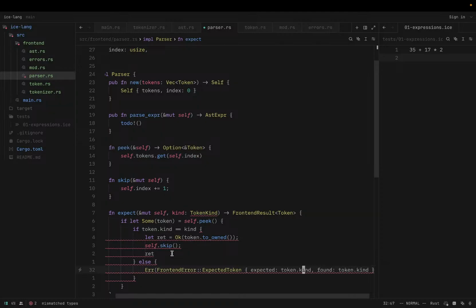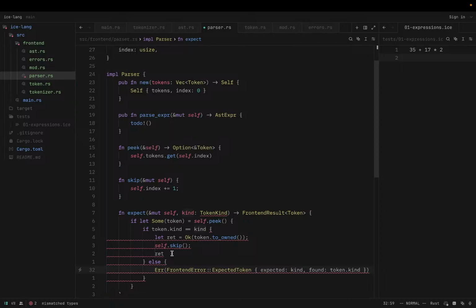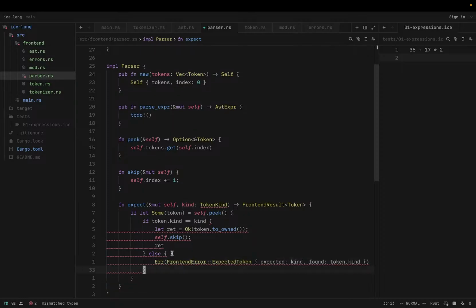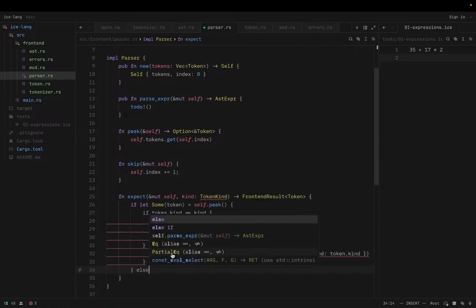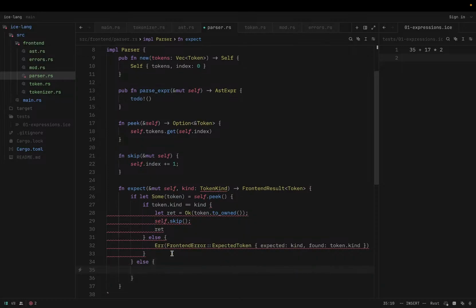And we can just do that, right? And over here we can say else, we can just return an error saying front end error unexpected EOF,